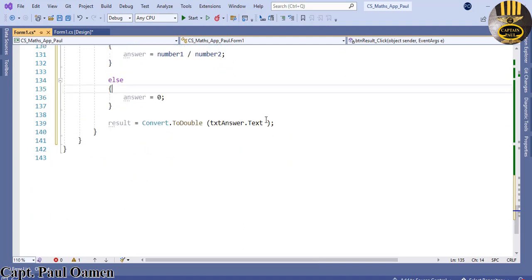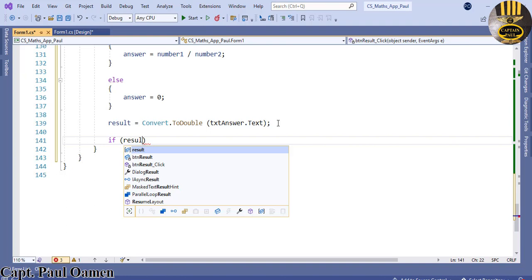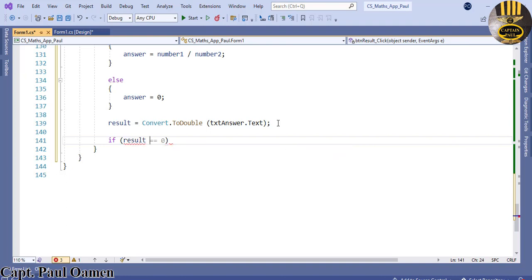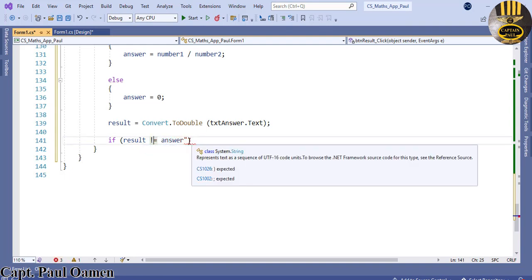So it's what is your input that is being stored inside the result. And now let's use an if statement. If result is not equals answer, that should be not. If it's not equals answer,